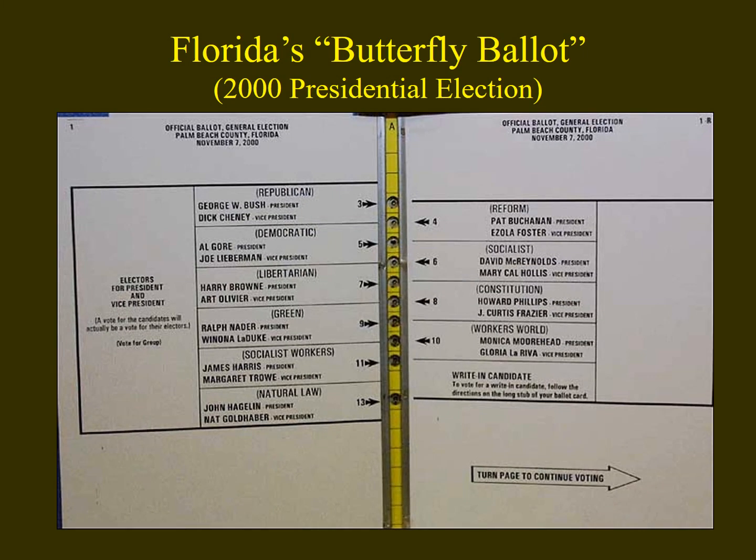There was something else in Florida as well. This was the butterfly ballot. There were so many people who qualified to get their names on the ballot that they had names on both sides of the ballot. So let's just pretend you were a Republican. And you see the ballot and you say, oh, okay, I'm a Republican. I want to vote for George W. Bush. So you poke the first hole.